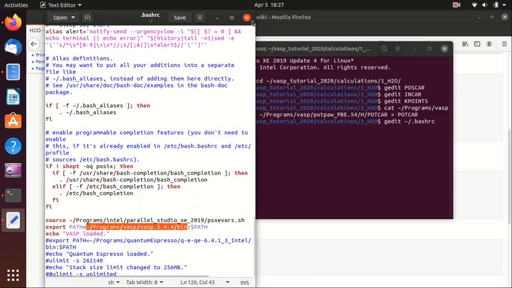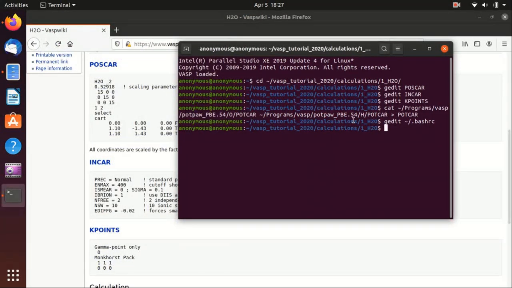Without this line, you should run mpirun -np 2 and specify the full directory to vasp_std. Okay, so let's just run this,